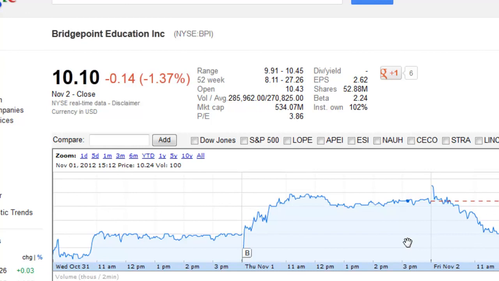However, if the company is able to resolve its accreditation issues and continue providing its educational services to students, the stock would probably double, triple, or even quadruple from here. So now the focus shifts on whether the company will be able to resolve the accreditation issues, and this is obviously up to you to determine whether this will happen or not and what the probability of this happening is. Let's go back to the